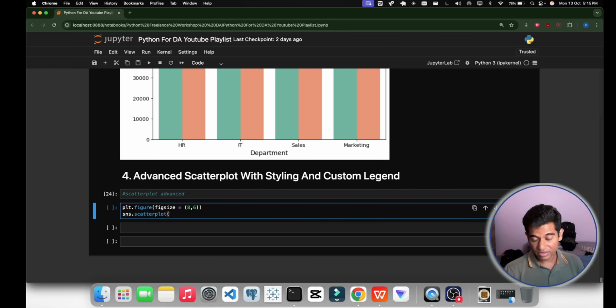In this, we will use x and y. So x and y will be experience and salary. So x equal to experience and y equal to salary, right? And right now we will use hue as department.